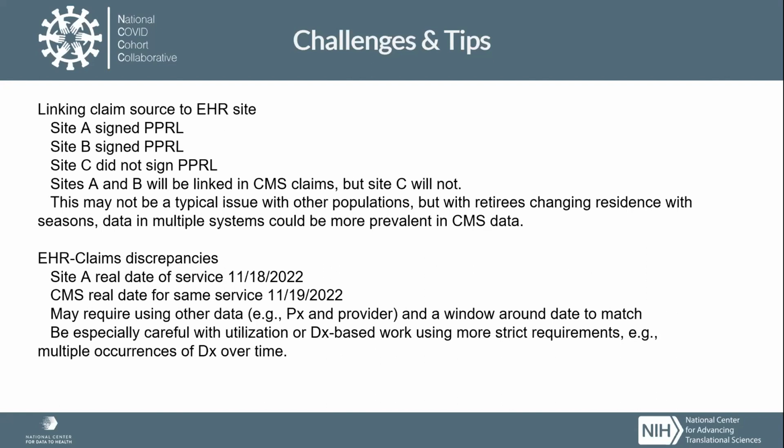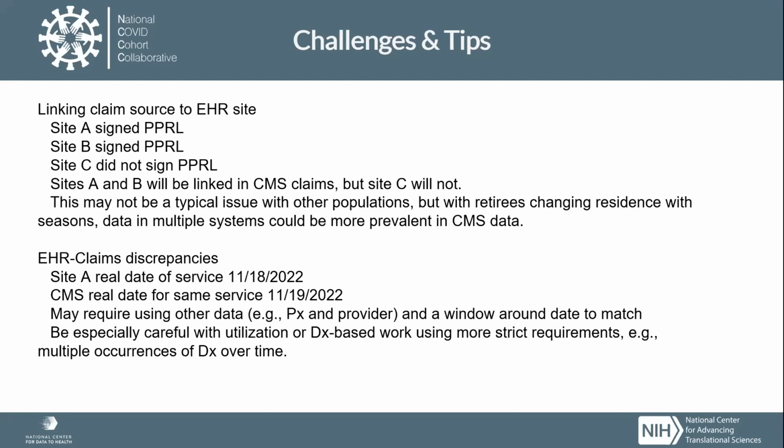So the bill actually goes out on the 19th. So the claim is going to say the 19th, and you look at the EHR and the visit's on the 18th. That happens. It doesn't happen with everything, but there's some percentage, less than 10%, but it's difficult